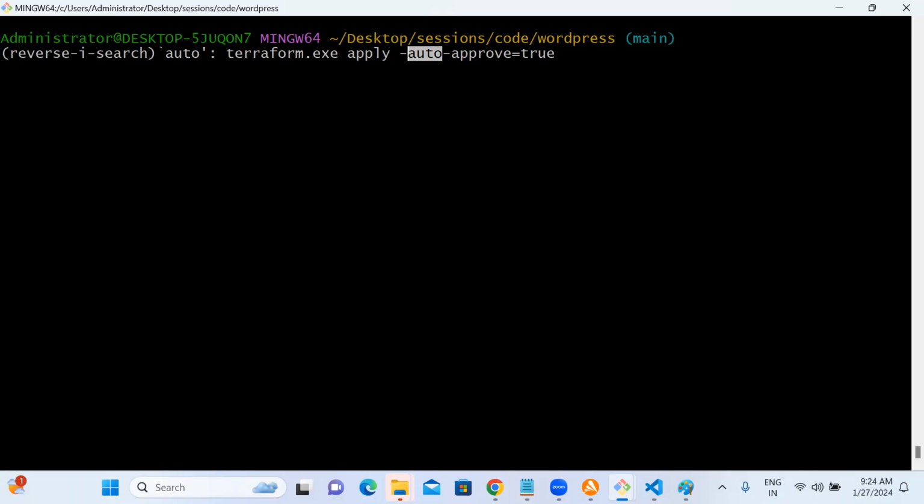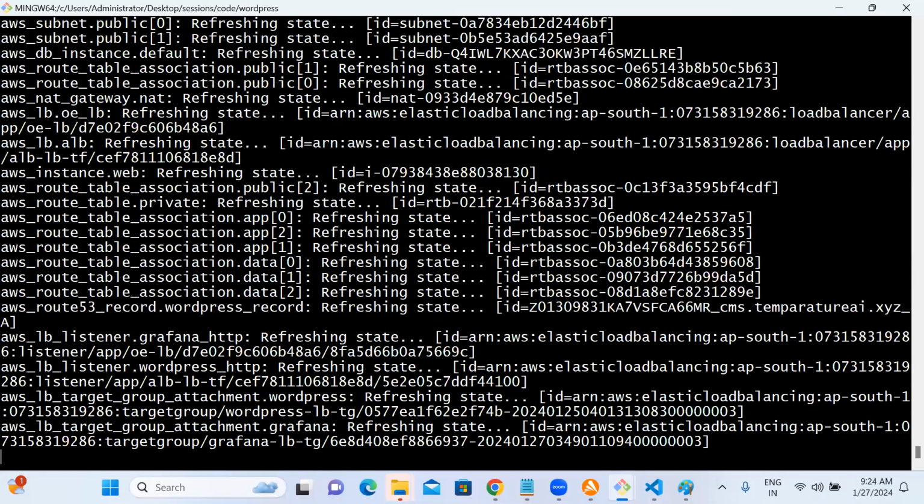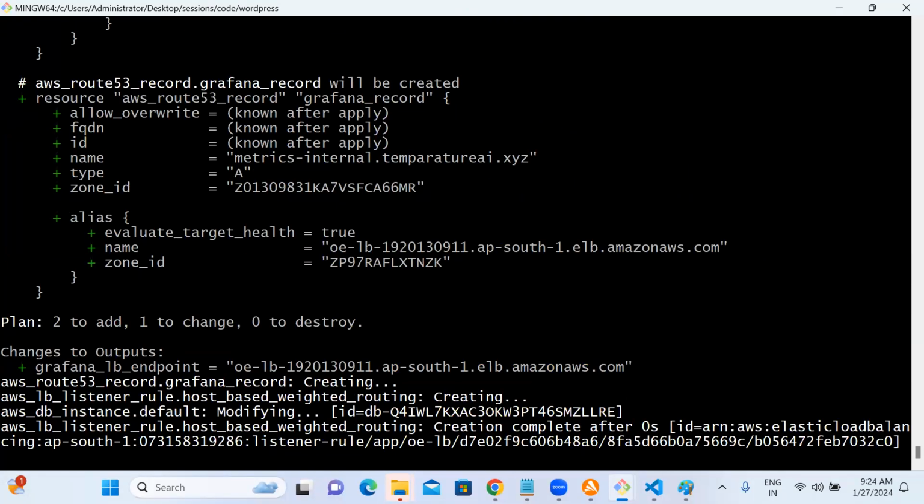Control R, type whatever you remember from the command, one keyword or some keywords. It will print the full command again. We don't need to type the full command. Reverse search. It will create a record, rule, everything.